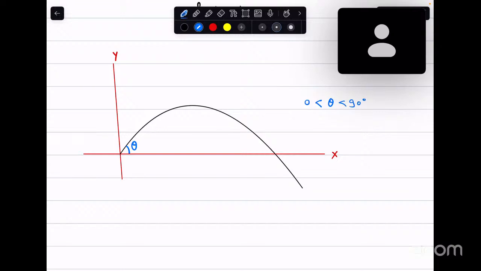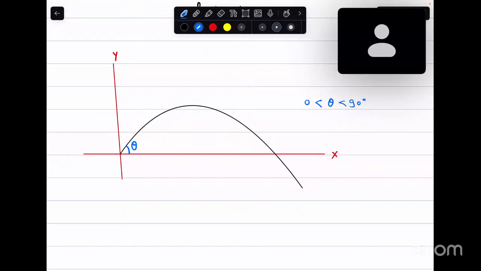Because if the angle is 0, this will be motion in a straight line in the x direction, or we can call it horizontal motion. And if theta is exactly 90 degrees, in that case the motion will be in the vertical direction, that is